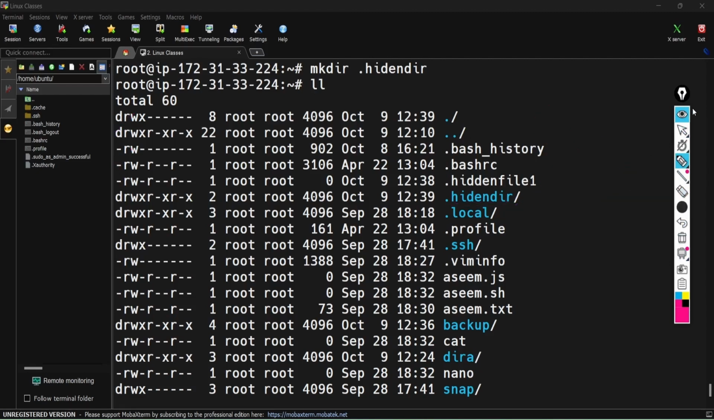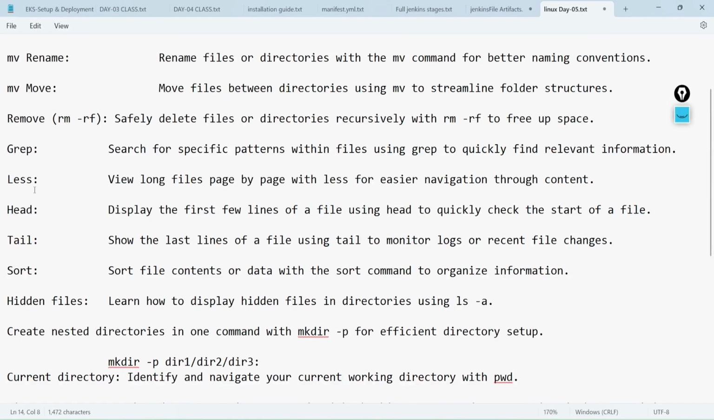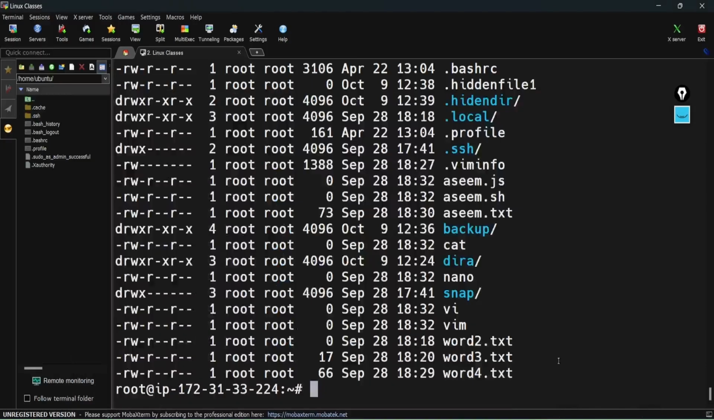So hidden files, how you can create them, we have already just covered. The next topic we will move on to is how you are going to use grep, less, head, tail, and sort, right? So let's take that command. I'm using nano to create one file, right? So in this case, simply what we will do,